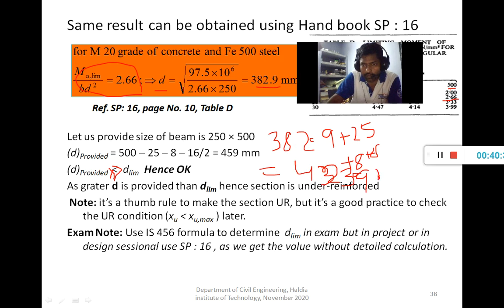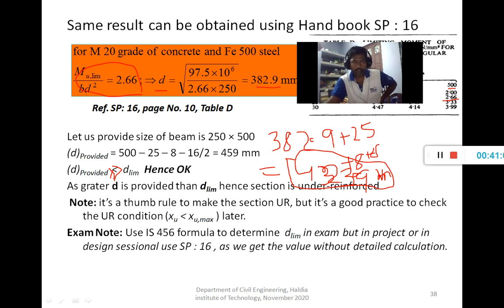Which is not a feasible dimension, not a practical value. That's why balance sections are not used, although this is the most economic section. It is not a practical size.